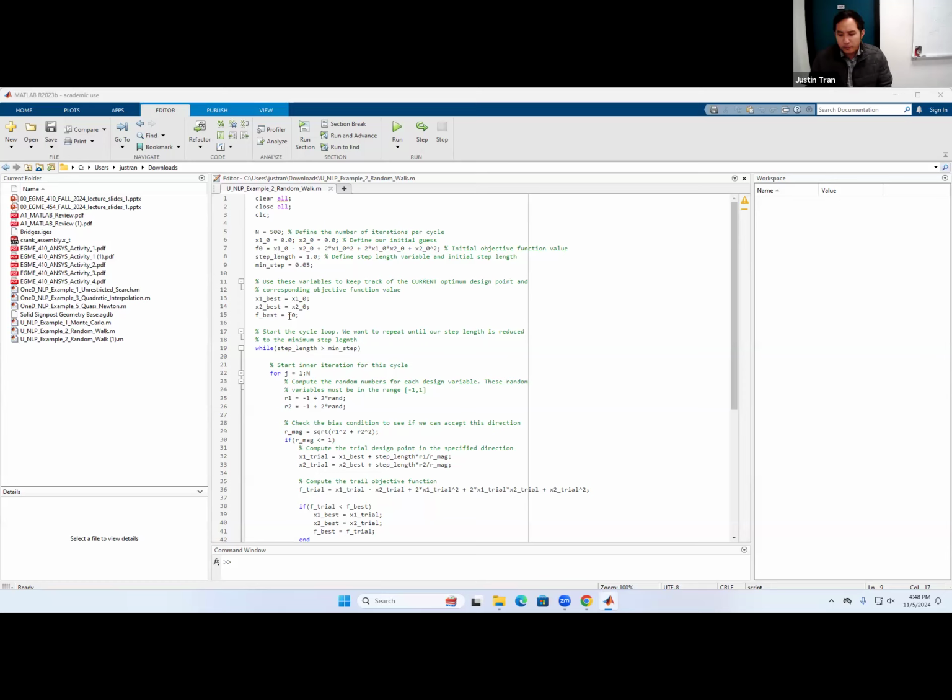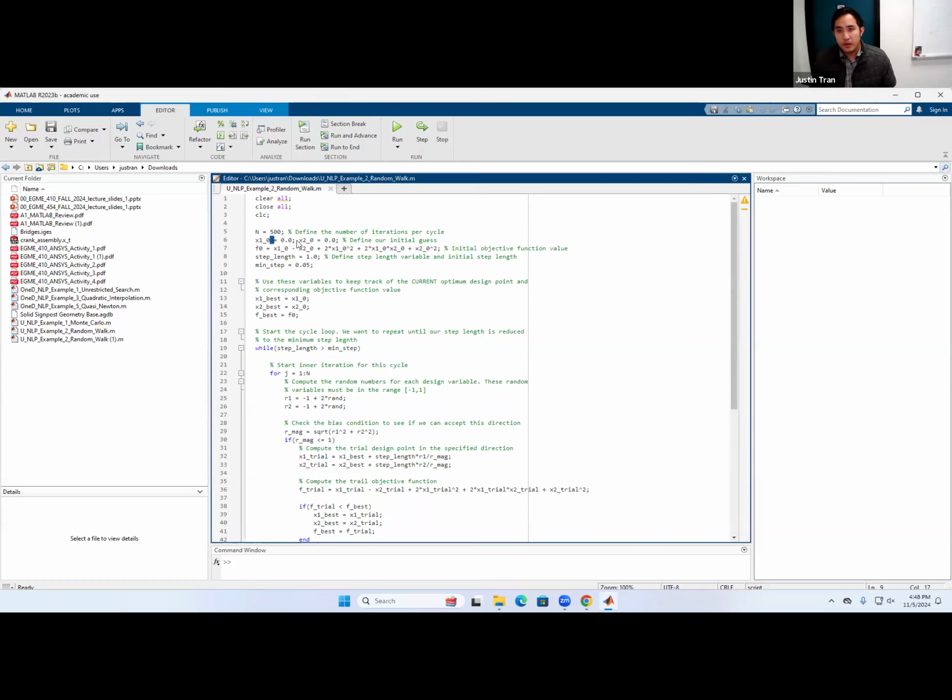Another way to avoid that problem is to choose a better starting point. Okay. So remember I mentioned before that choosing your starting point is probably the most important thing for your algorithm. But the problem is, when you're doing this on a fresh problem, you probably don't know exactly where to start. So what you can do, and in fact a lot of people did this for their final project last year as well, is combine random walk together with a Monte Carlo method.